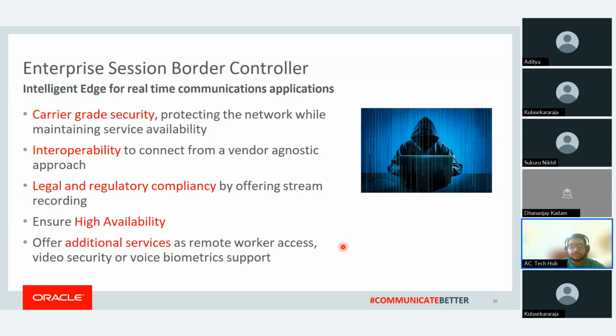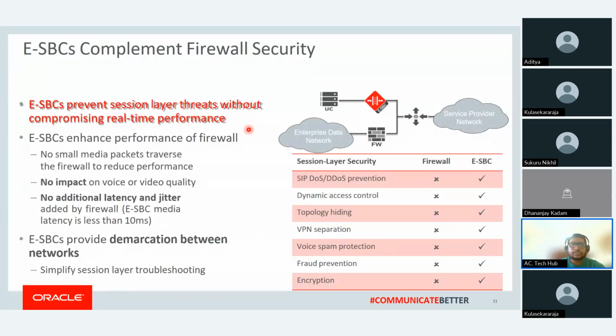Then let me move on to this. This is one of the comparisons which I put up to show how it differs from the security perspective. I have compared it with a firewall, because you all know a firewall is a security element which you can put into your network. But how you can achieve that same security of SIP calls through this SBC, that comparison I have put in this table. So a firewall cannot provide you SIP denial of service or DDoS prevention, because it is